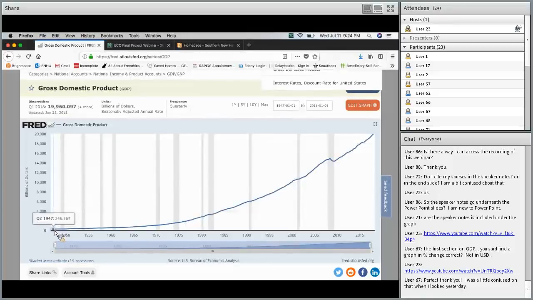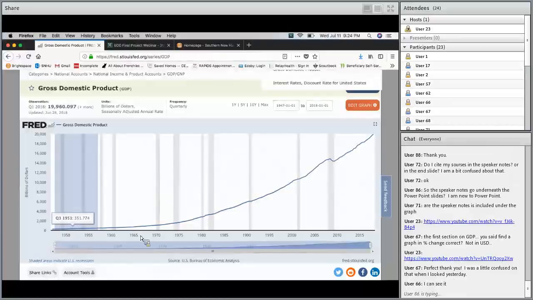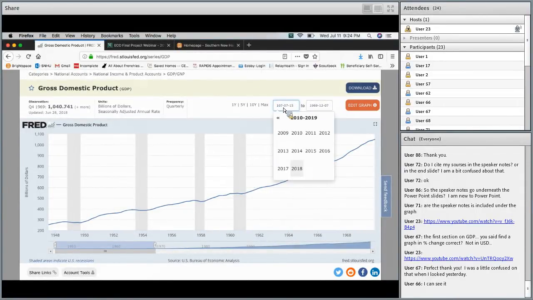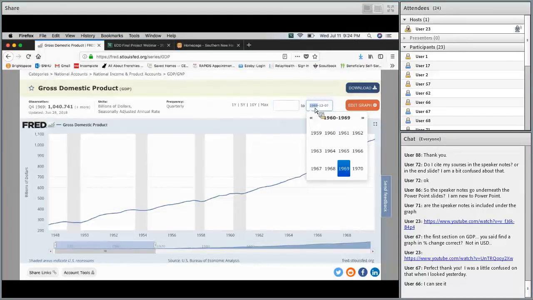And while I'm doing this, I'm not able to see the chat. Yeah. So when you go on FRED here, you can select the decade you want to research. I don't know if you guys can see how I move the mouse. Let me see. But you can slide